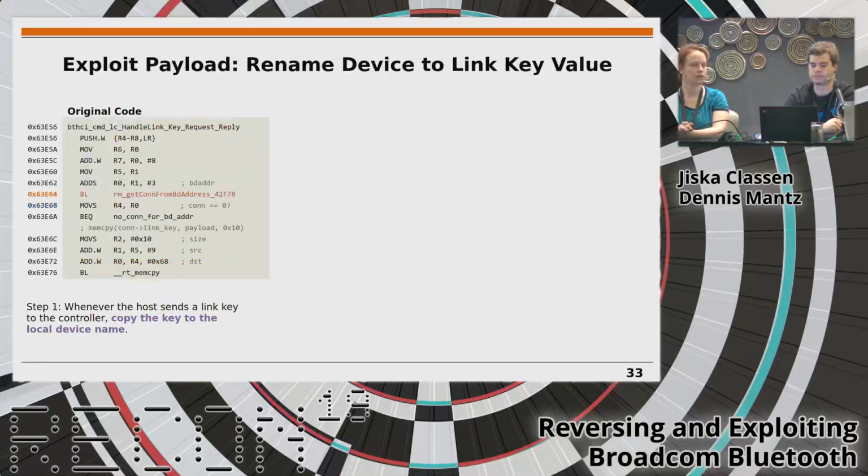There is a function which is called from the host when it is reporting a key. This is step 2. I'm not requesting the key, but this is the key reply. Normally the reply will only be parsed if I already have a connection. But I'm not interested in having a connection, so I don't want the key for something I have a connection to. I just want the key and put it somewhere. And I decided the somewhere to be the device name, because then I don't need to implement any further packet sending. I just copy the key to the device name and overwrite the device name. That's not super stealthy, but it's a short